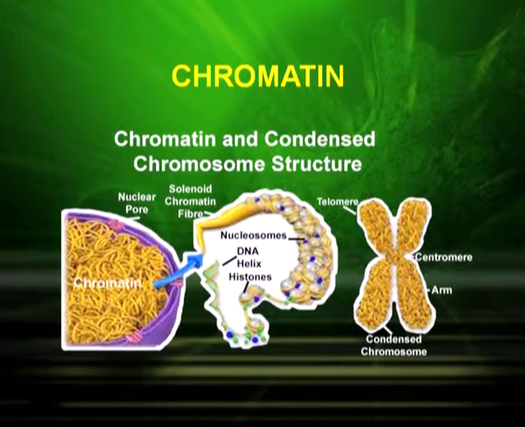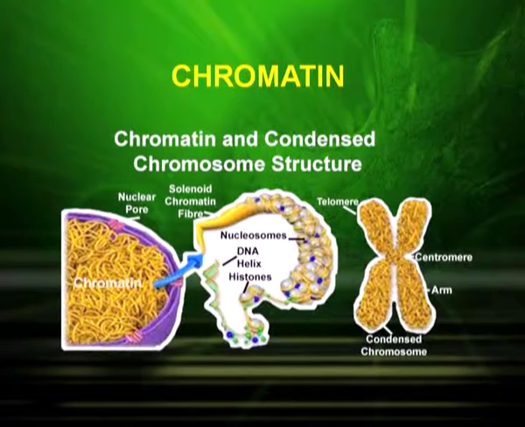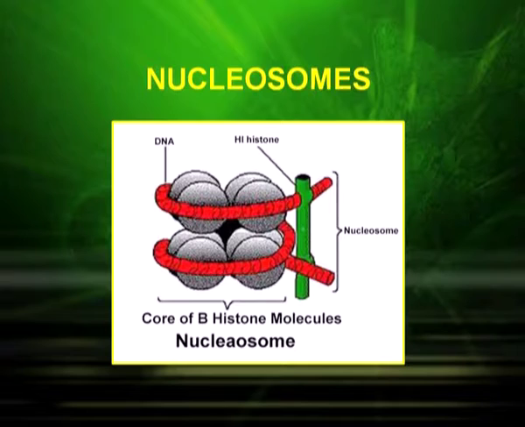You can see clearly in the picture the chromosome and the condensed chromosome structure, where the chromatin material, which is thread-like during the prophase stage, becomes highly condensed during the metaphase, which we see under the microscope as chromosomes. Now, it has been found that the DNA is packed in the cell in the form of nucleosomes. As you can see in the picture, the nucleosome contains 8 protein molecules, and that forms an octamer.